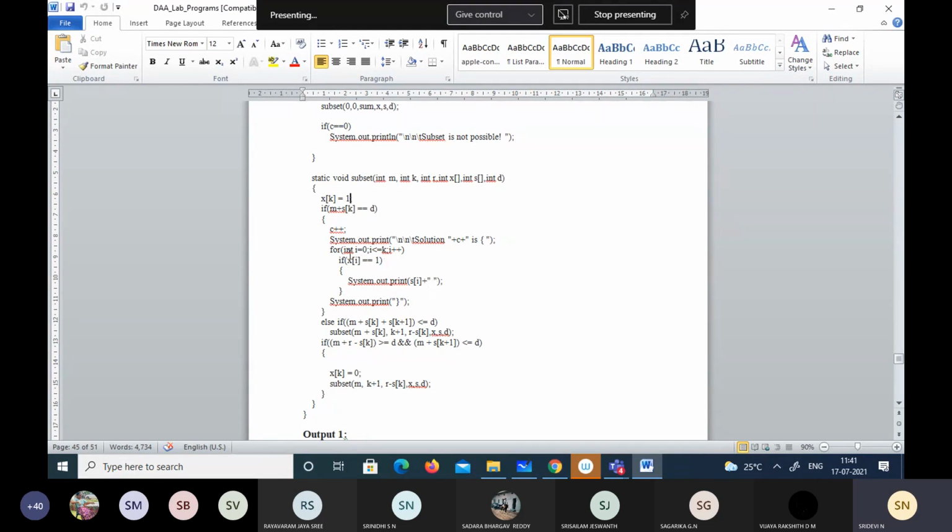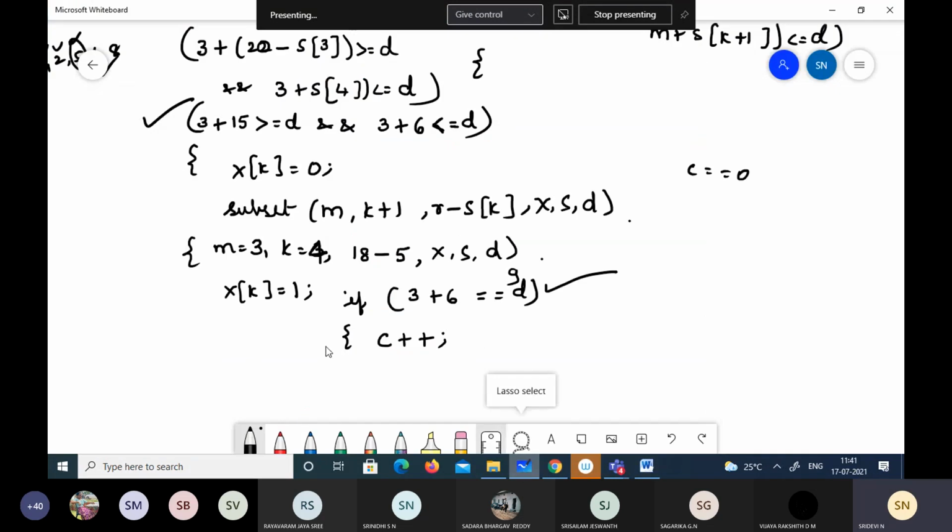What are the x of I, if you check here? X of I, the first element is selected. X of 1 is 1, x of 2 is also 1, and x of 4 is 1, which means that these are the elements which are selected to form a subset. That we will print, that's it. Here we are printing that.